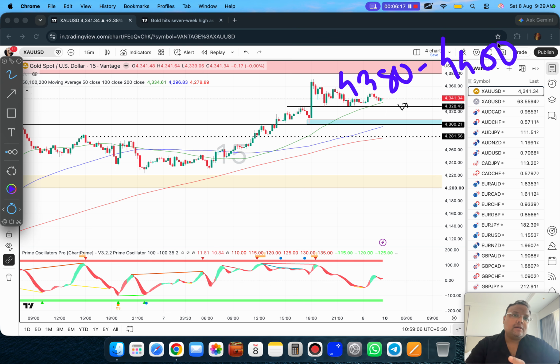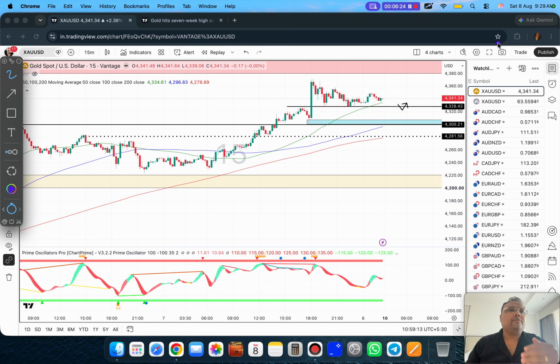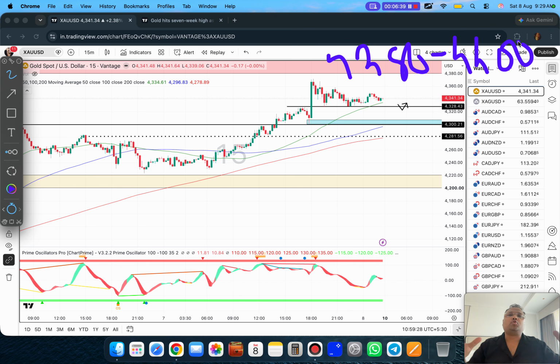But as of now, I feel that if the market comes down, the two buying opportunities that I shared are good. And if the market goes up, then obviously we will get some time, and I will be coming on Monday as well, because simply discussing that 4380 to 4400 resistance zone won't help us, because this is a big zone, 200 pips, $20. But still, this resistance zone is very much valid.